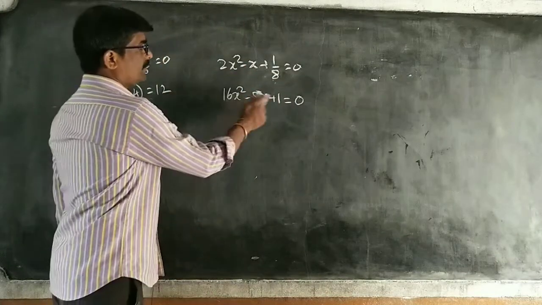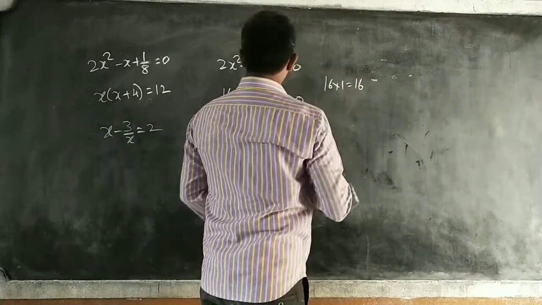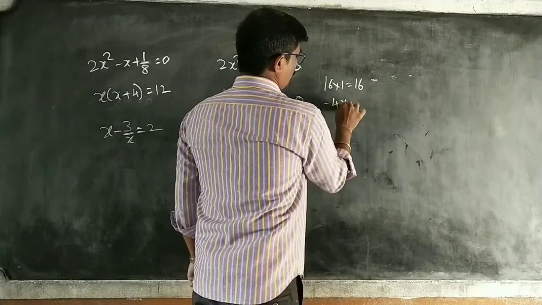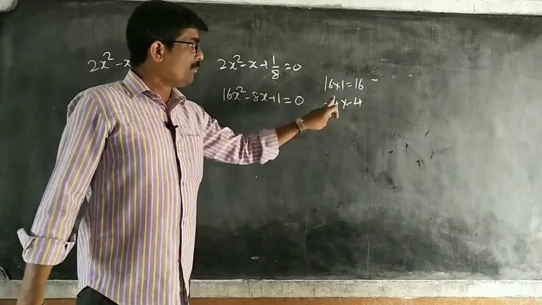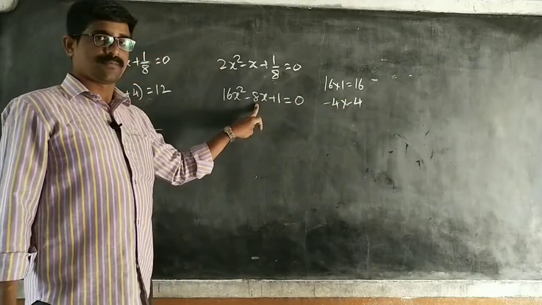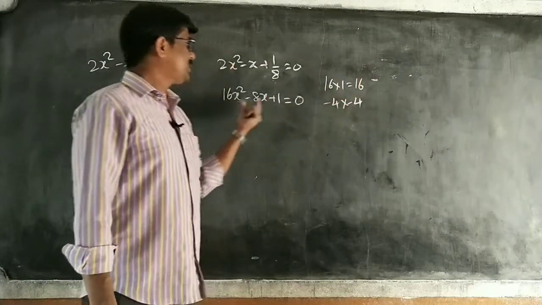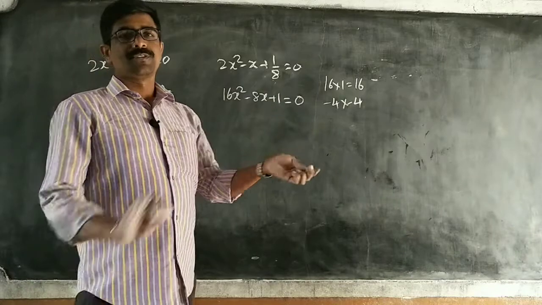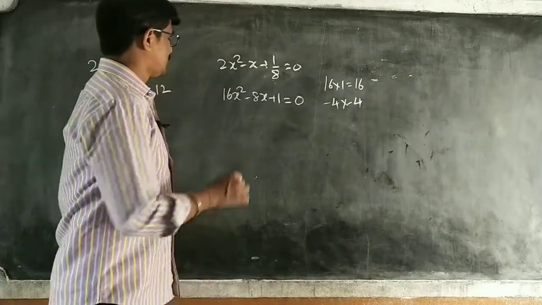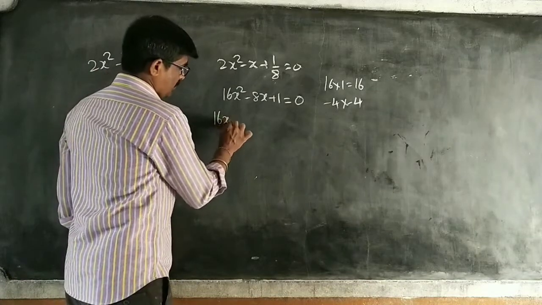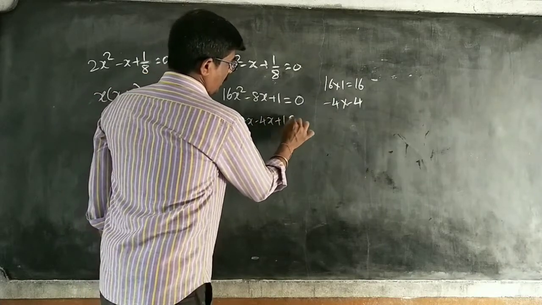Okay, next. 16 1 ja 16, and we take minus 4, minus 4. 4 4 ja 16. Minus 4 plus 8. Okay, and the product should be equal. The sum is what we are getting as the middle term. It is the x term. So no problem, the sum should be the x term. Sums are different, so I am writing 16x square minus 4x plus 1 is equal to 0.